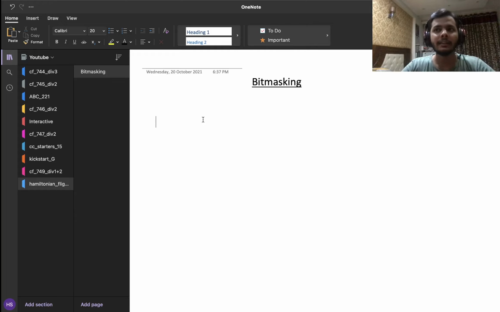And sometimes it so happens that we want our state to be a subset instead of a number, right? To represent a subset, one way is to just use a set, right? We just use a set and insert all the numbers in it. But the problem with that is we can't store a set in a table, right? We need a number to store, right? So the problem can be solved by representing the subset as a number. What we are going to do is use the fact that every number has a unique binary representation, and using this fact we are going to write every subset in the form of a number, right?